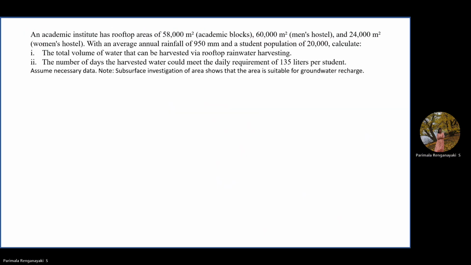Now, let us see this problem practically. An academic institute has rooftop area of 58,000 meters square for the academic block, and then 60,000 meter square men's hostel and 24,000 meter square women's hostel, with an average annual rainfall of 950 mm and a student population of 20,000. Calculate the total volume of water that can be harvested via rooftop harvesting. So, total volume. So, what is given is,